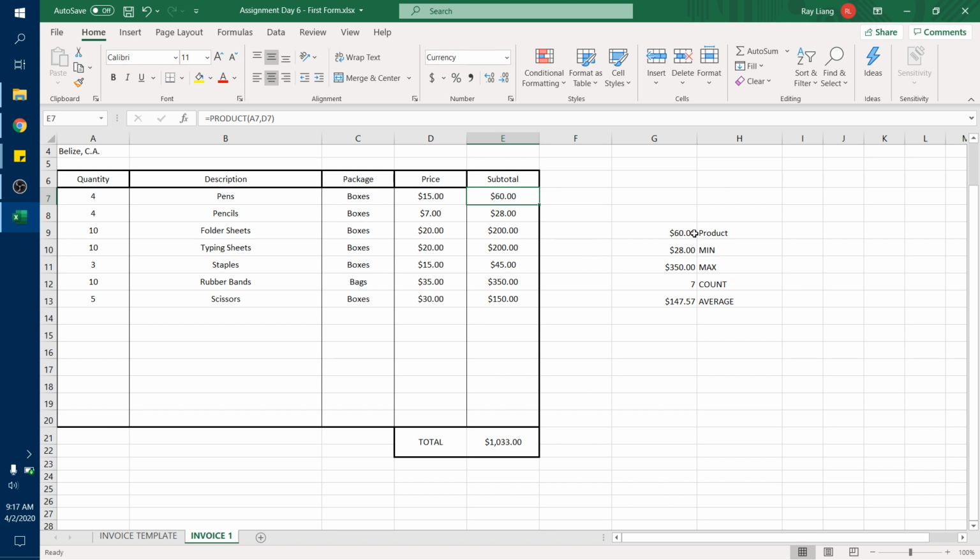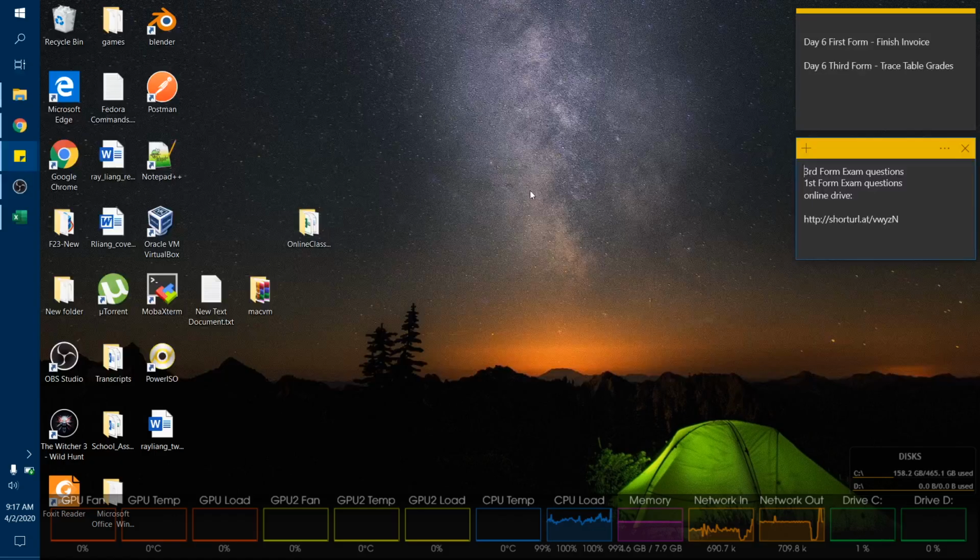A lot of people don't want to waste time manually selecting 1, 2, 3, 4, 5, and then imagine if you have an invoice that has like 50 items, or instead of having just invoice 1, you had maybe invoice 1 to maybe like 60, which could easily be done in a big company, right? Alright, for the subtotal, and then replace the one in total to use sum, right? Alright,